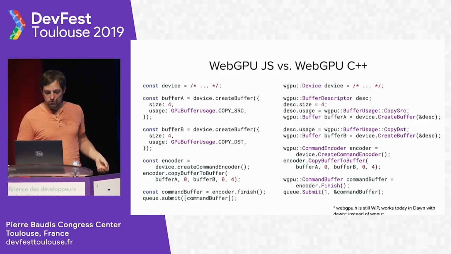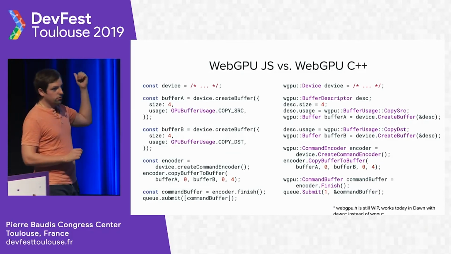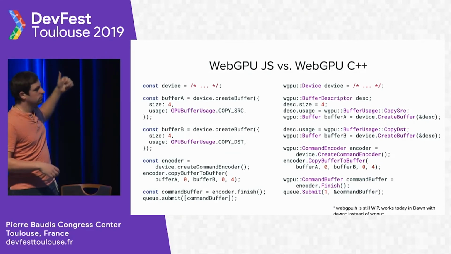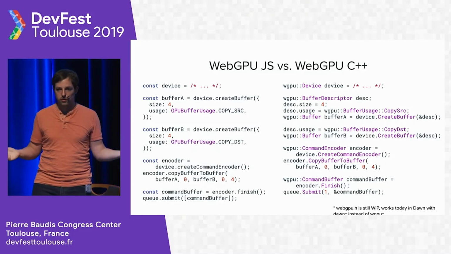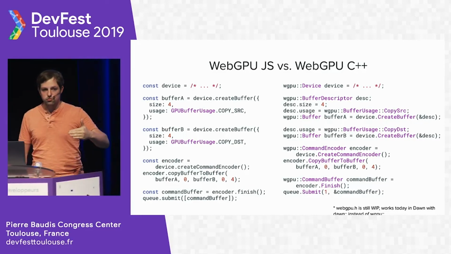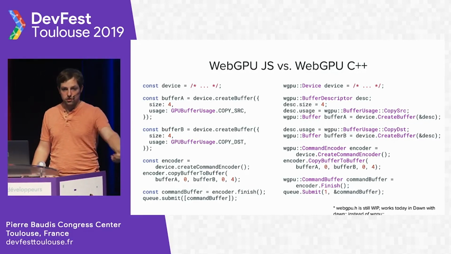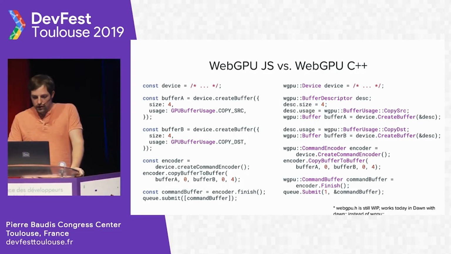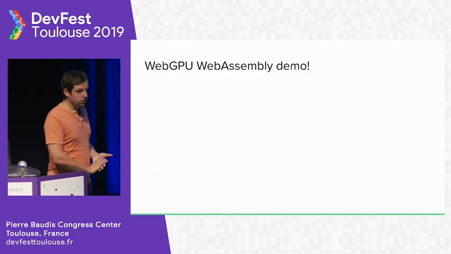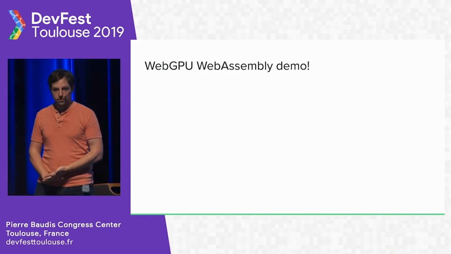So this is what JavaScript code looks like versus the C++ code for the same API. It's mostly the same thing, but with type annotations. So you can see how the translation to WebGPU in JavaScript would be trivial. And yes, WebGPU is fairly new, and we didn't really have any WebAssembly support until now because it's a